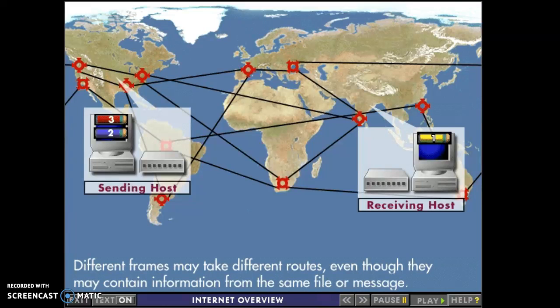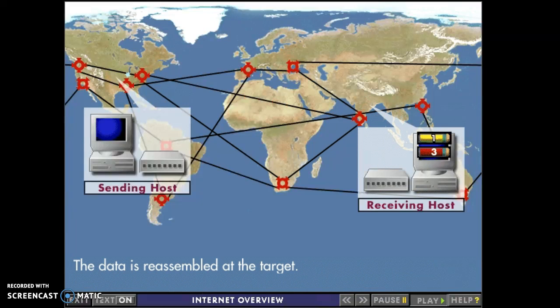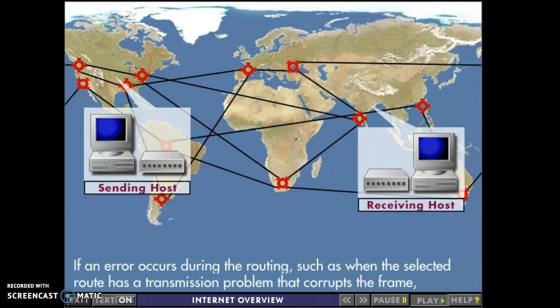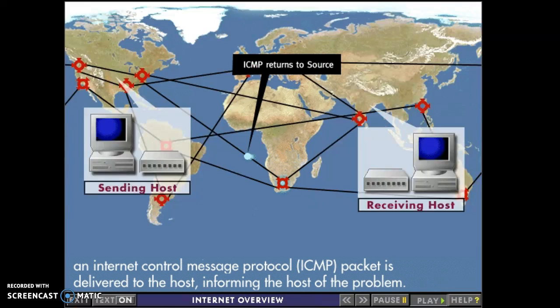Different frames may take different routes, even though they may contain information from the same file or message. The data is reassembled at the target. If an error occurs during the routing, such as when the selected route has a transmission problem that corrupts the frame, an Internet Control Message Protocol